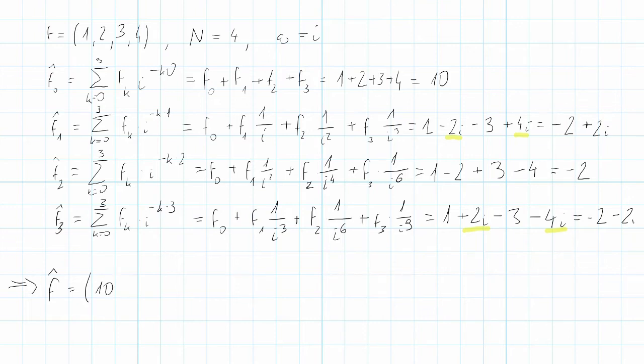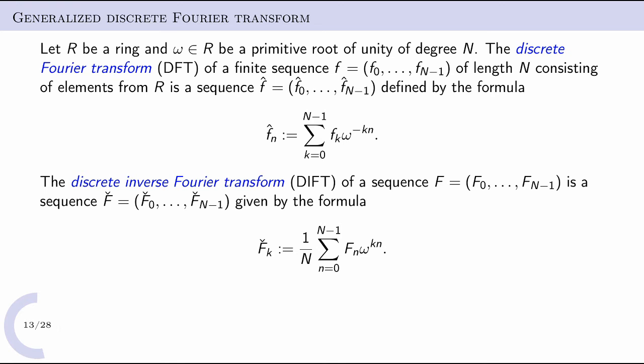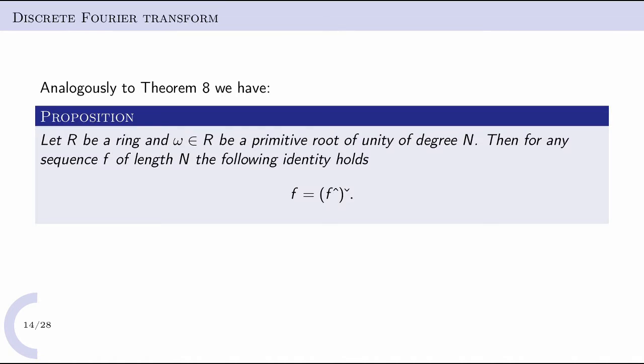It's 10, minus 2 plus 2I, minus 2, minus 2 minus 2I. That's it. So this is a way of computing the discrete Fourier transform just directly by definition, just straight out of definition. In a similar way as we had for the standard Fourier transform, for the discrete Fourier transform there